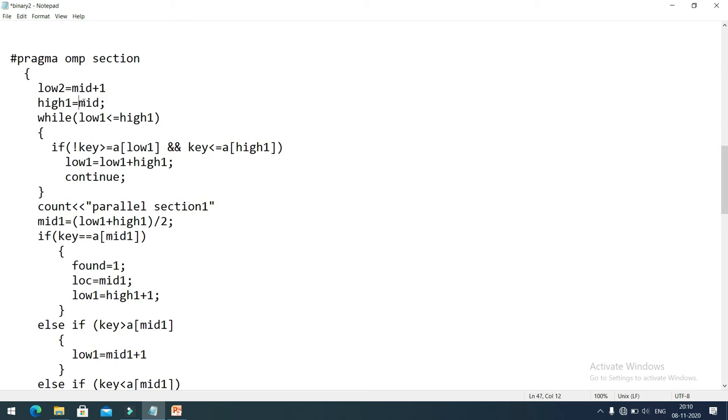So the high 2 will be equal to high. Then here it will be low 2 less than equal to high 2. Instead of low 1, now I'll write here low 2, and here instead of high 1 it is high 2.